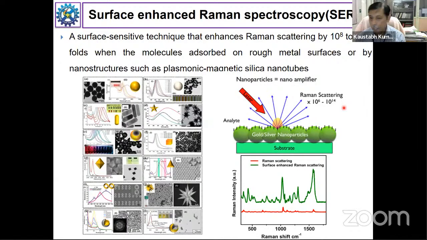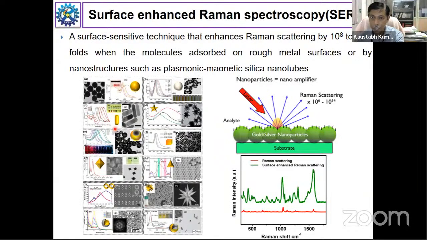And there are two mechanisms behind it. One is called the electromagnetic enhancement and the other the chemical enhancement. So this feature is called surface enhanced Raman scattering. For that, the basic need is that you create a nanoscale metallic nanomaterial surface, or such a substrate. There are a lot of kinds of such substrates. The basic substrates are gold or silver nanoparticles, or chip-based nanoparticles, which can be used to enhance the signal